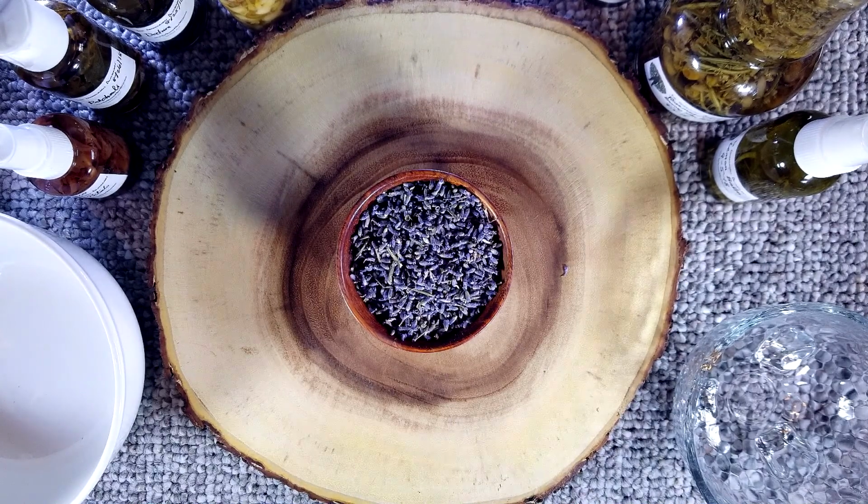So what we're going to be doing today is I was originally going to be doing some rose water infusion with some rainwater that I captured a while back, and this was on a new moon. So unfortunately I don't have any fresh rose petals that I initially wanted to use. So today we're going to be using some lavender,